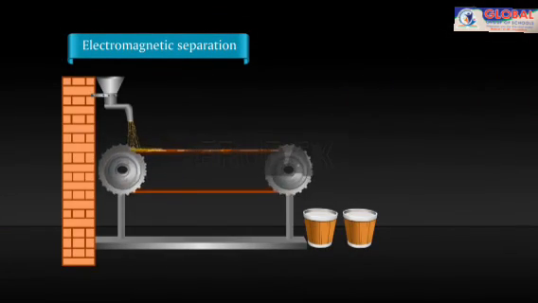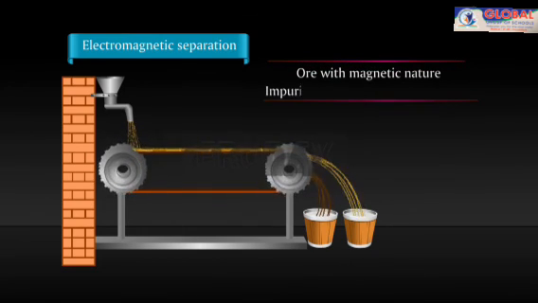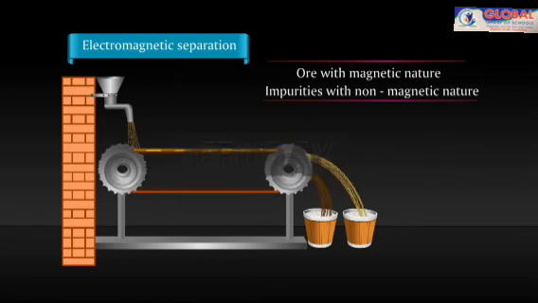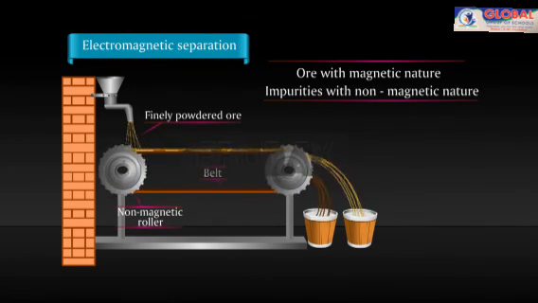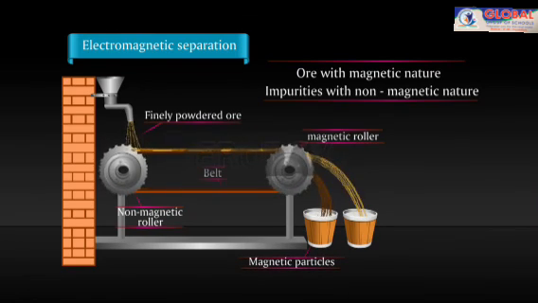Electromagnetic separation. This method is used to concentrate the ore with magnetic nature and impurities that are non-magnetic, or vice versa. The powdered ore is dropped over the belt on the side of the non-magnetic roller. As the ore particles travel over the belt and reach the magnetic roller, the magnetic particles are attracted by the